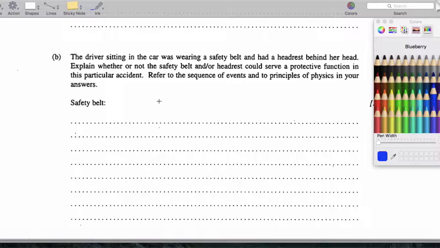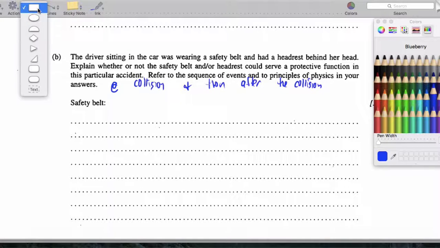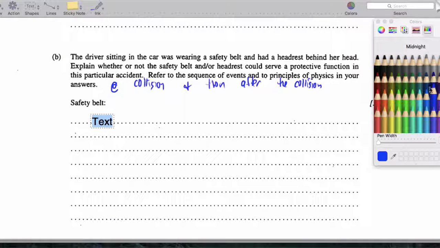Let's be clear on what's going on. We need to look at the physics before the collision. We need to look at the physics at the collision. And then after the collision. Okay, that's what they want us to look at. So let's look at what a safety belt does. So here, we'll write this in blue. So during the actual hit,